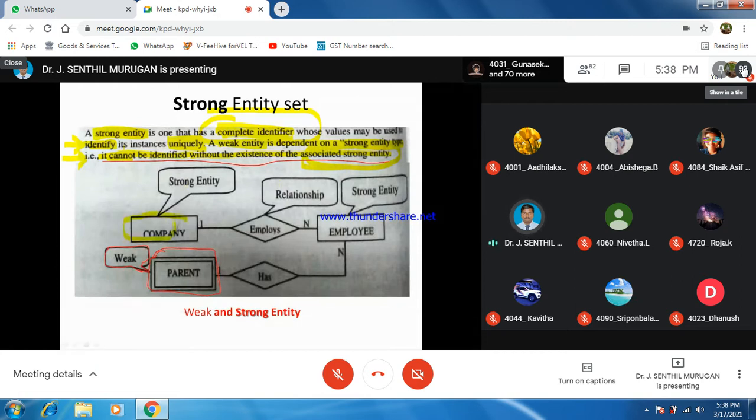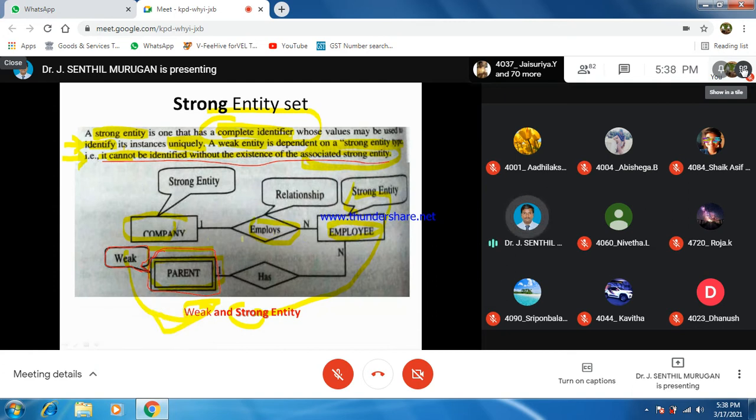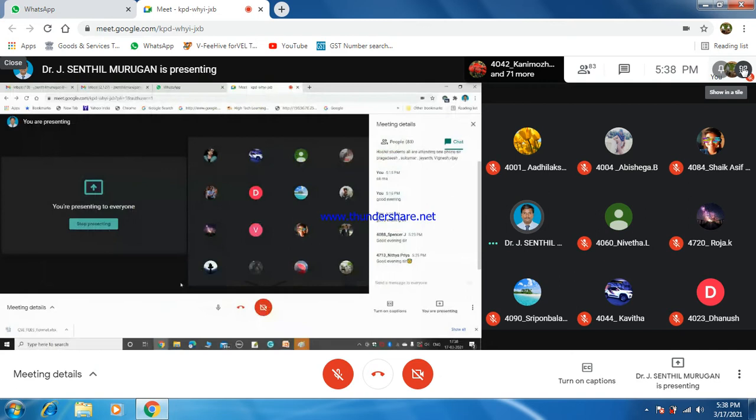Now company is there, employee is there, employees and the employee, all these things are there. But if it is drawn with a double line, okay, if it is highlighted with a double line, then it is a weak entity. So this is the weak entity. If it is strong, then here comes the strong entity. If it is a single straight line, then it is a strong entity. So a strong entity will not depend on others, but a weak entity will depend on others.